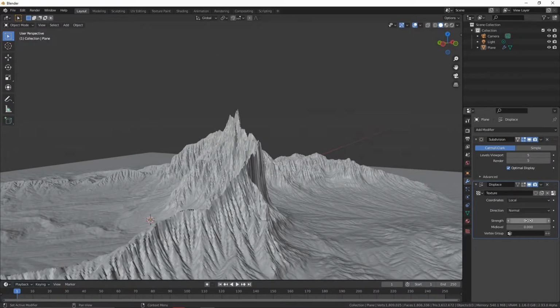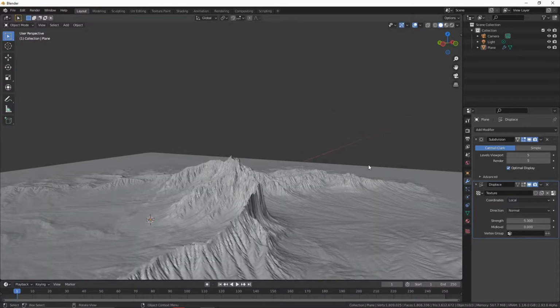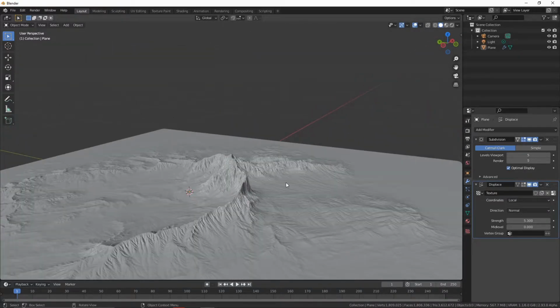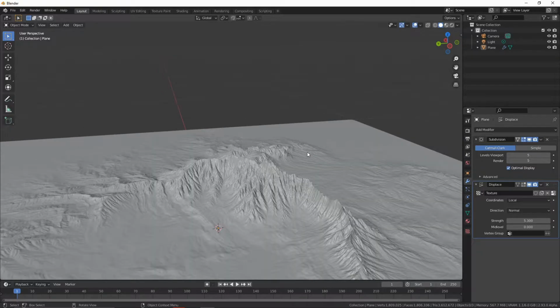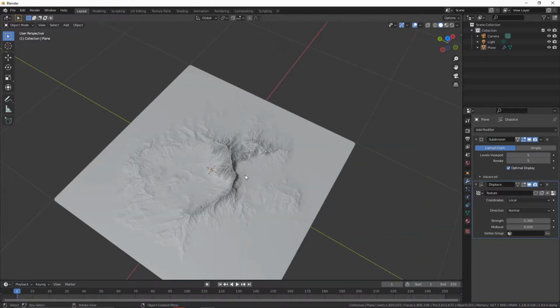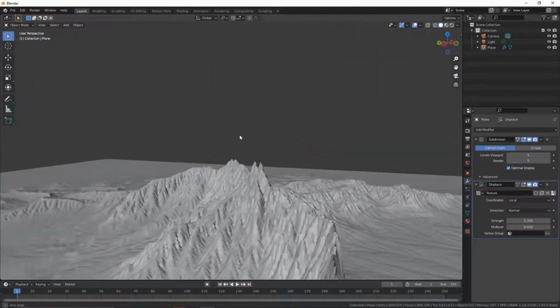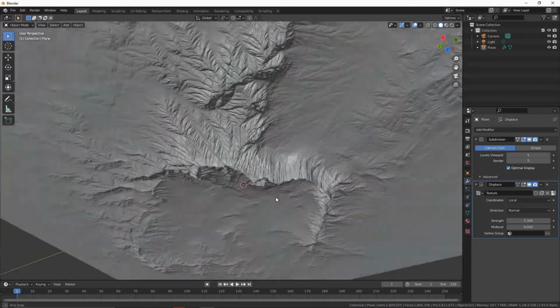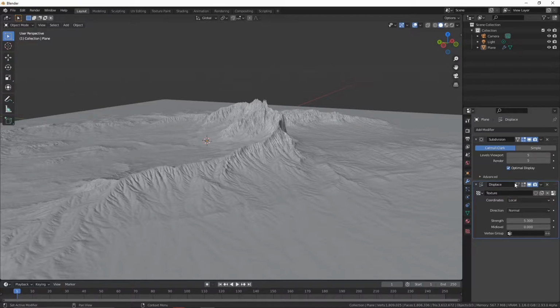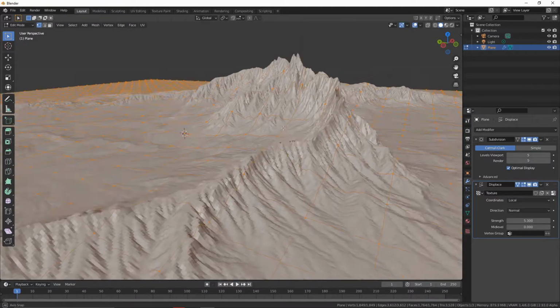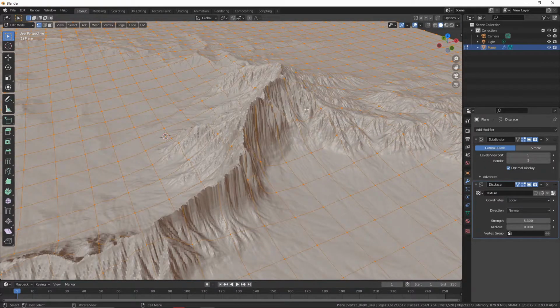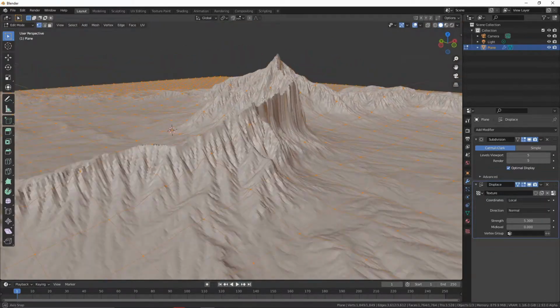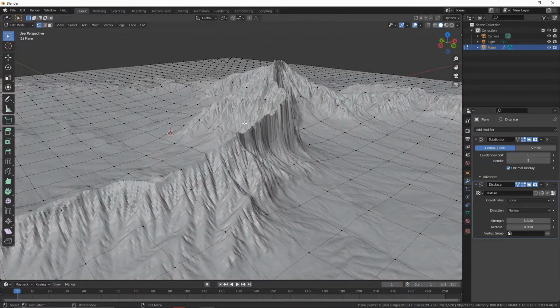And I'm going to increase the scale, and remember that displacement takes a lot of your memory. And this is how you do displacement in Eevee. And if you apply it,